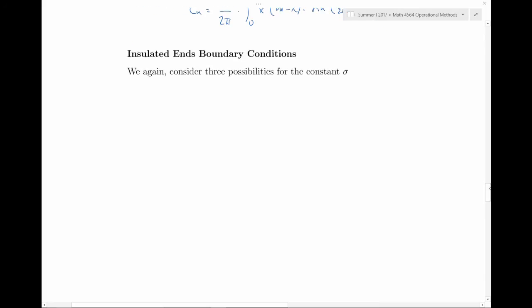The boundary conditions here are slightly different. Let's see how the boundary conditions translate into the boundary conditions for x. If u sub n of x,t should satisfy derivative equals 0,